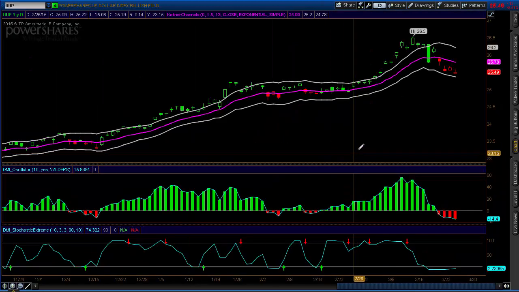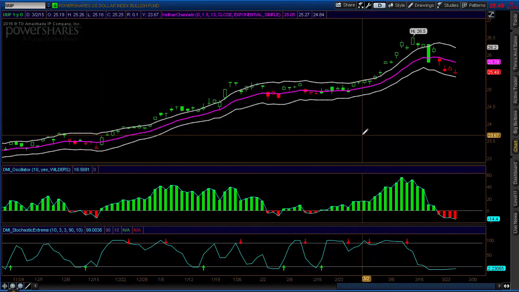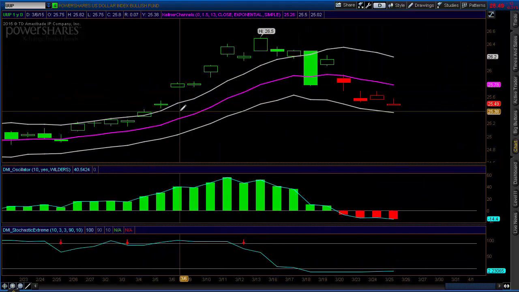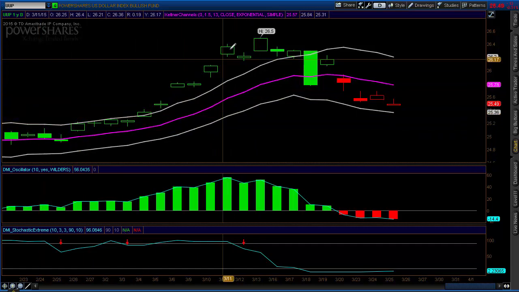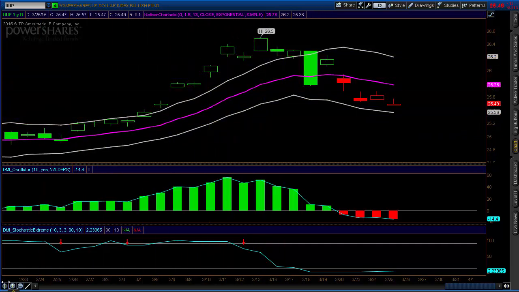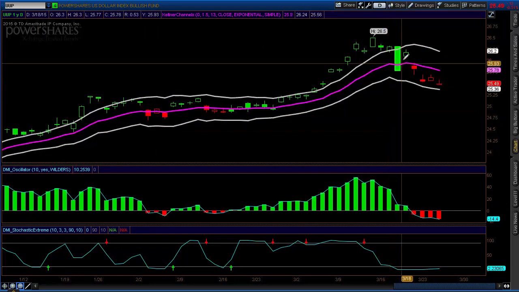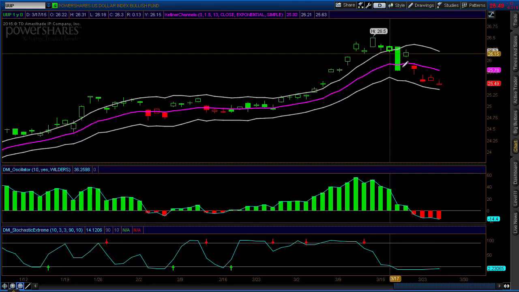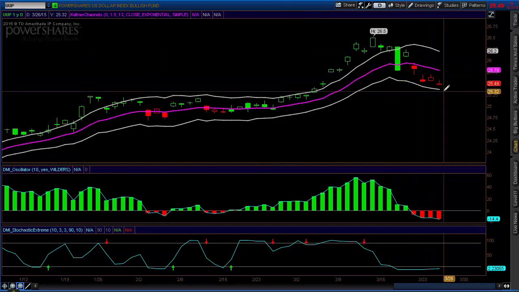But the issue I have, and there's a lot of talk about it, is the dollar. Traditionally during the QE days, as the dollar went lower, stocks went higher, and as stocks went higher, the dollar went higher. But now it seems like the dollar may actually be hurting us. So right now we're trying to determine, is there an inverse correlation with the dollar, meaning if the dollar pulls back, are stocks going to pull back as well? And today that seems the case.